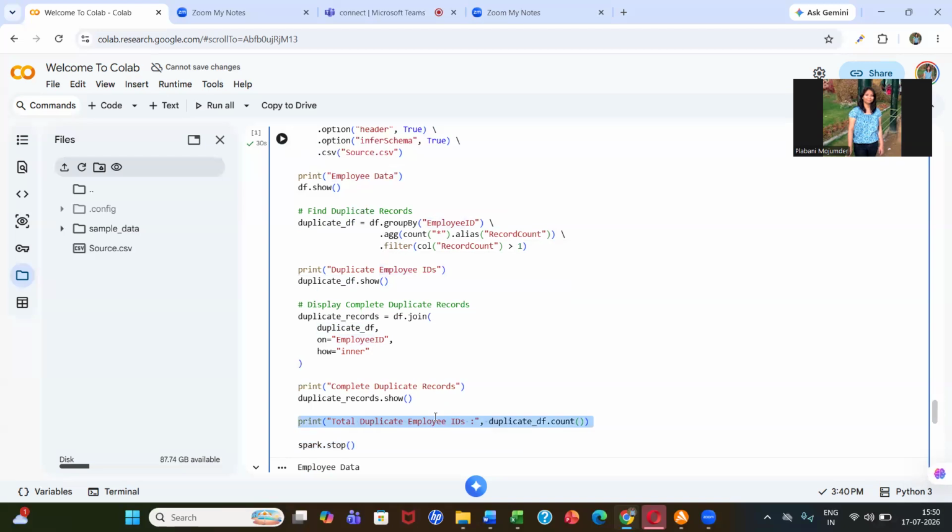Okay, so the main thing is we are first reading the file, then identifying the duplicates. After that, we are displaying all the records for the duplicate employee IDs. And then we are counting the duplicate records, how many duplicate records there are. Spark.stop is the optional one. It is not mandatory. Okay, so this is how you will be creating a framework. Once I execute this,